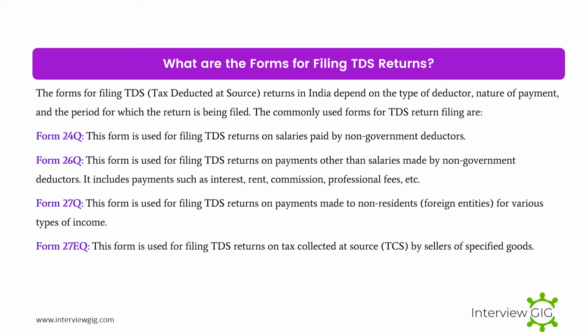Form 26Q. This form is used for filing TDS returns on payments other than salaries made by non-government deductors. It includes payments such as interest, rent, commission, professional fees, etc. Form 27Q. This form is used for filing TDS returns on payments made to non-residents, foreign entities, for various types of income. Form 27EQ. This form is used for filing TDS returns on tax collected at source, TCS, by sellers